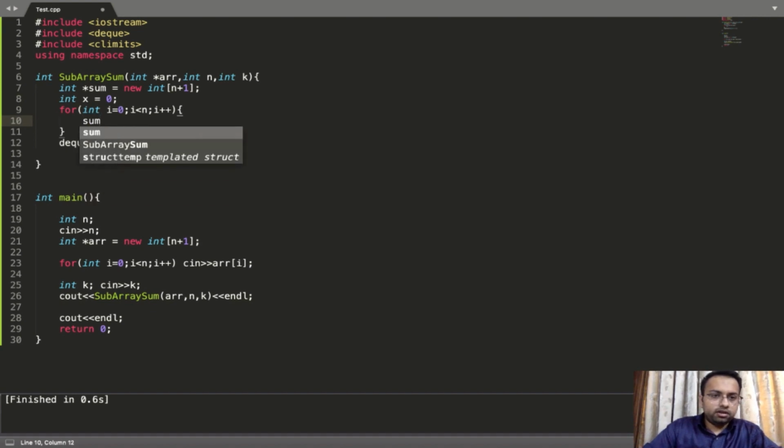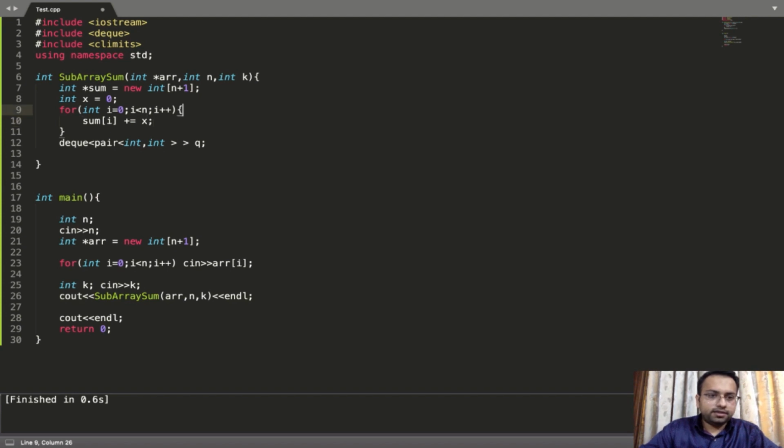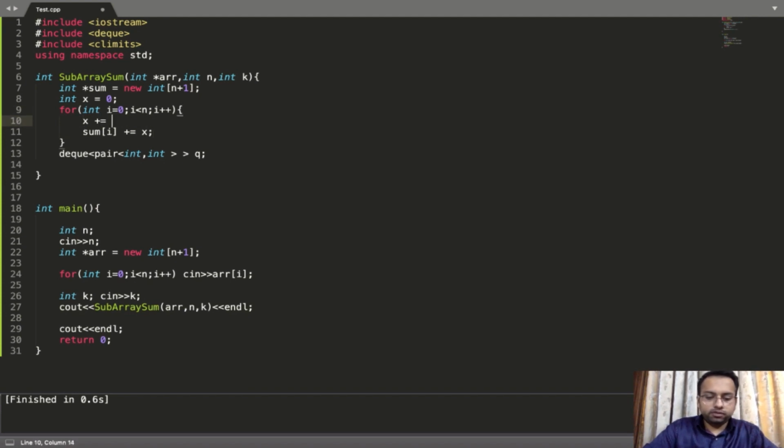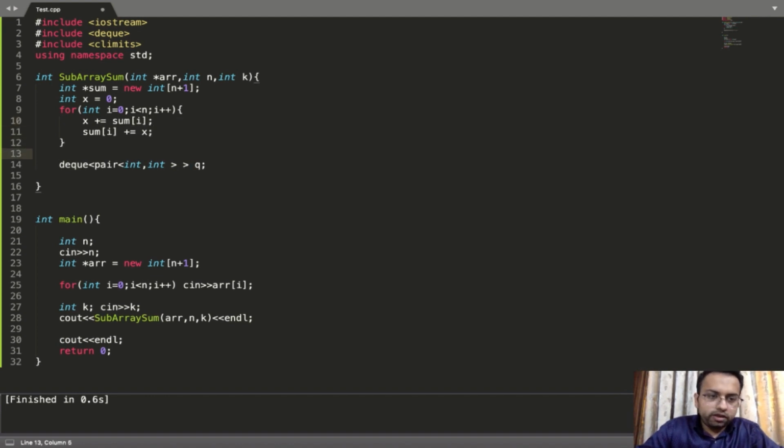Then I'll write sum of i is x, where x plus equals the current bucket. You can calculate the prefix sum this way, right? I hope this is clear to all of you. Sorry, we will not add this sum, we will add this arr, because we are calculating the sum of this array. So I'm adding every bucket to the integer x, and then storing the x value in the ith bucket of sum. Not to add it, I'll store it.